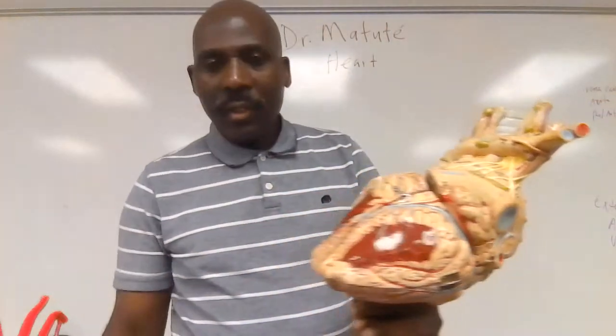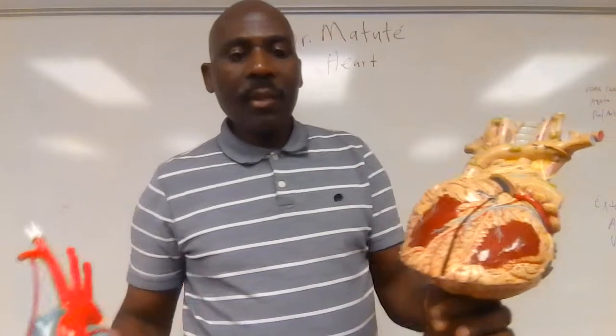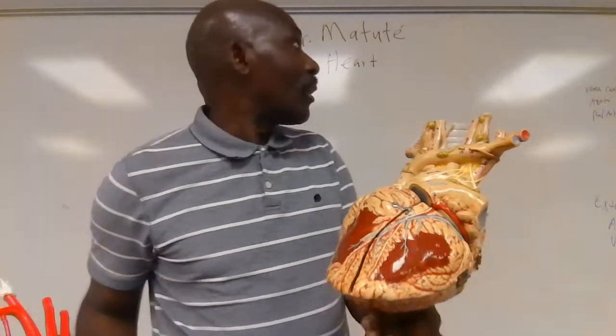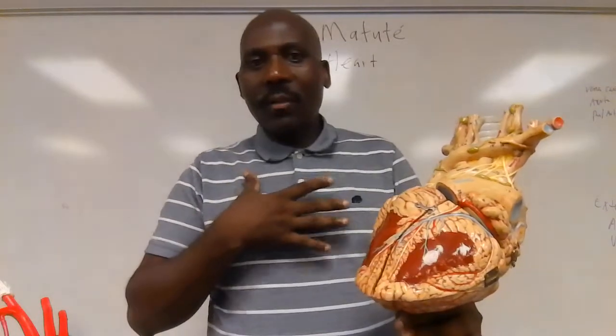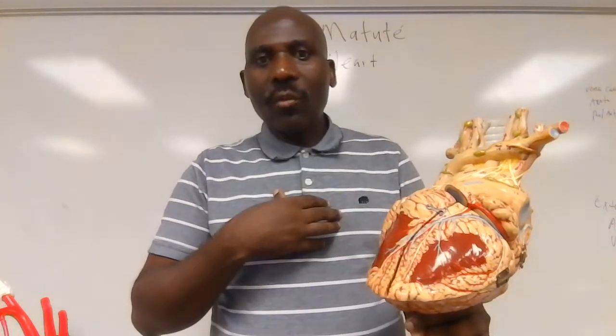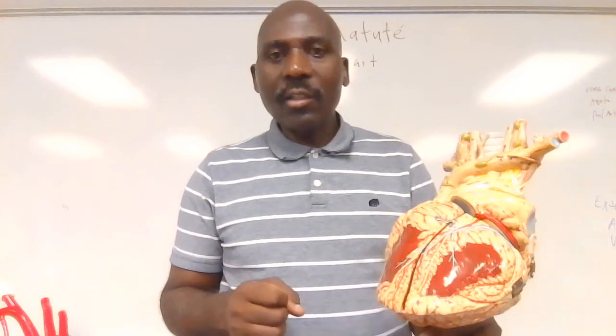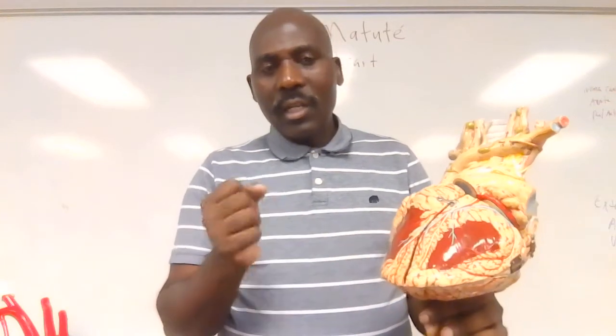So this is a model here of the human heart. This is another one right here. So the human heart is located within the thoracic cavity. Inside the thoracic cavity, we have the pericardial cavity that surrounds the heart. The human heart is also surrounded by the lungs. The human heart is about the size of your fist, and it can be called a